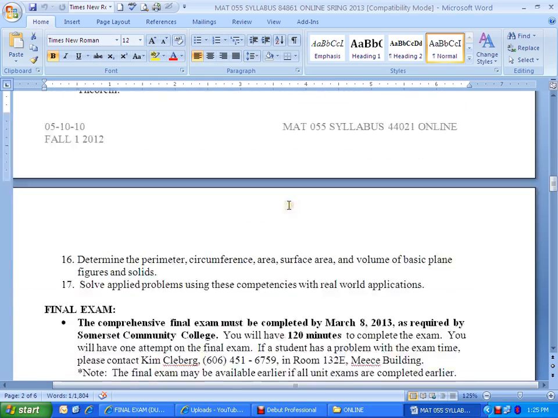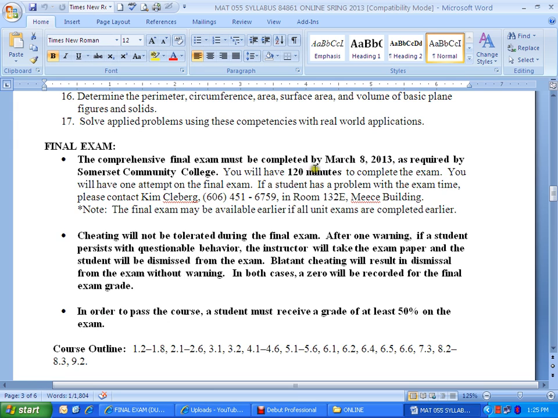You can read all this information for yourself. You have until March the 8th to take the final exam. You do not have to wait until March the 8th. It's a 2-hour time limit. Once again, it is password protected with a proctor. Only the proctor will have a password. Proctor is someone at your local college. It's a testing personnel at your local college. There will be some announcements in the class for